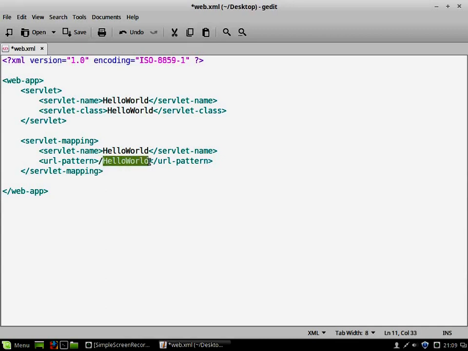It can be as simple as your class file name, or you can just type hello also. This name need not be similar to the servlet class, because when the user types this, it will automatically relate it to the servlet name. The relevant class name can be found from this particular tag. So everything is well formed. It's a well-formed XML document. So no problem. Remember that in the URL pattern I am going to use this pattern.